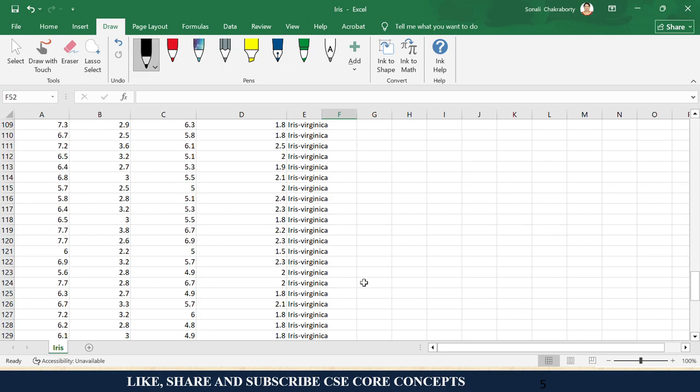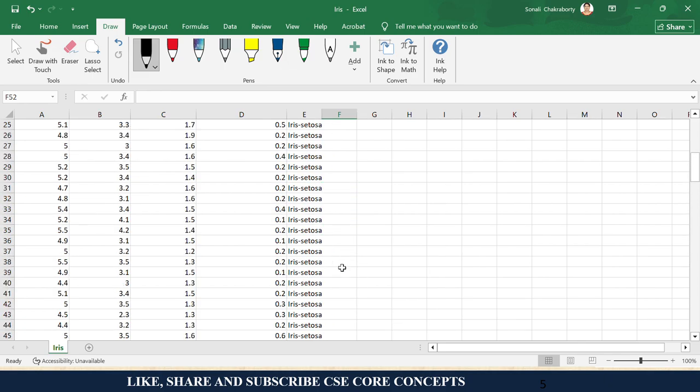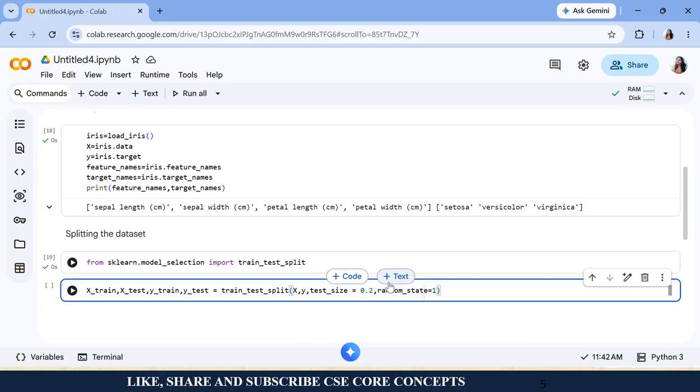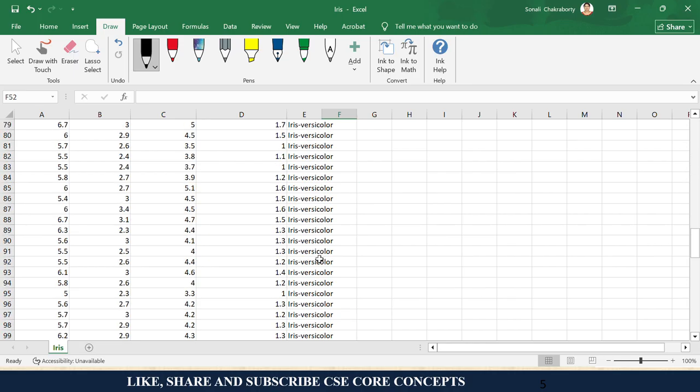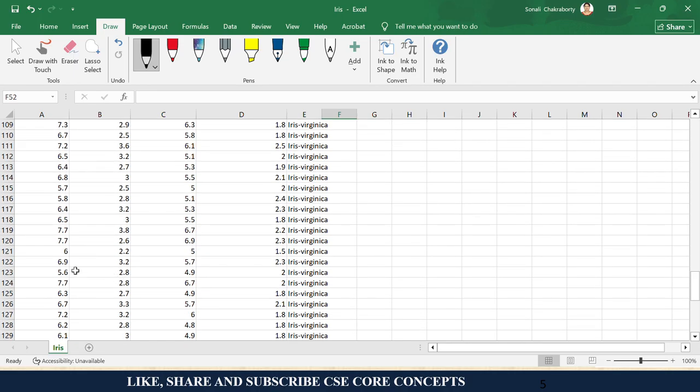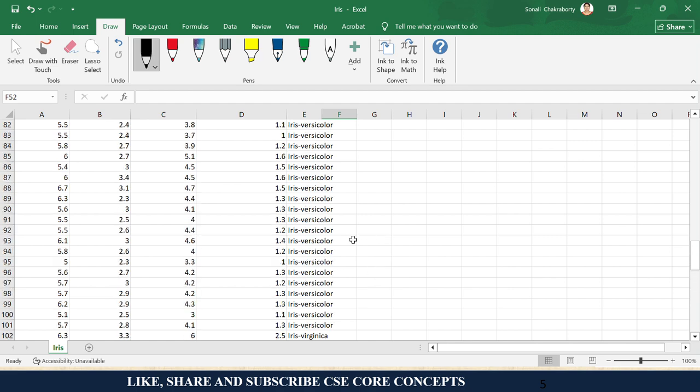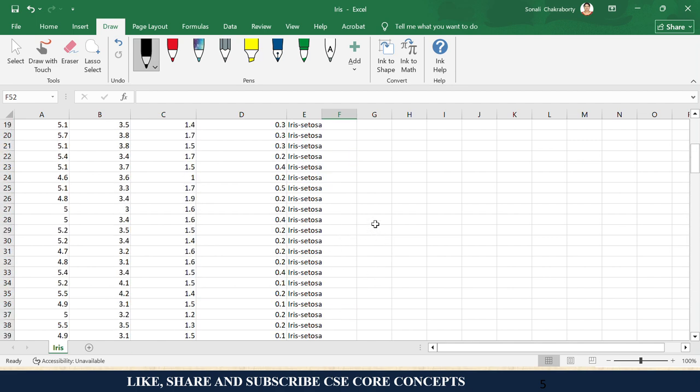Now what will happen? Let's say 80% of your records are for training. So 80% means out of 150 records, you will give 120 records for training. Now if you go to 120, you have all the records mostly of Setosa and versicolor, and very few of Virginica.